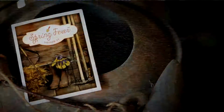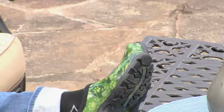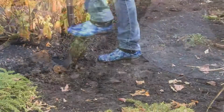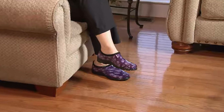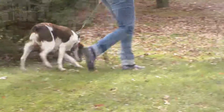Oh, well, David, I want to tell everybody just a little quick something about garden shoes. We're not going to have a chance to present these, but they are available. These are the Sloggers waterproof paw print garden shoes. By the way, our own Carolyn Gracie helped to design that paw print. We have all of the colors back in stock. So if you'd like them, just let us know. As a matter of fact, I think